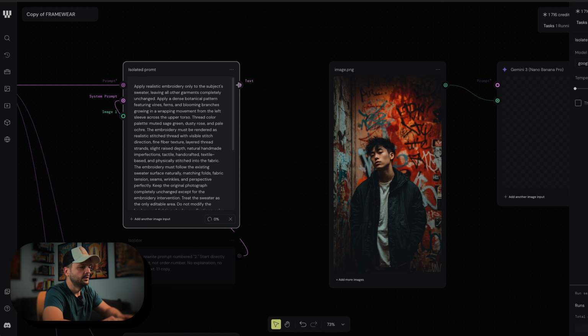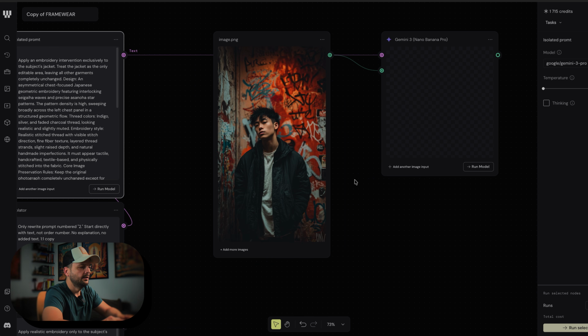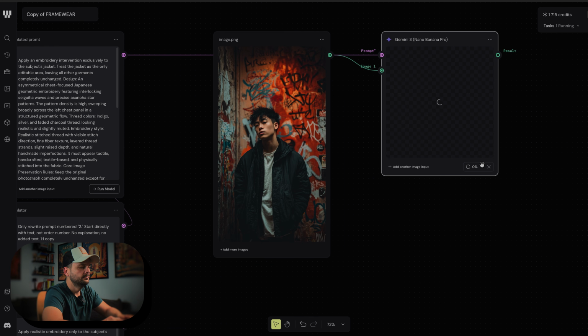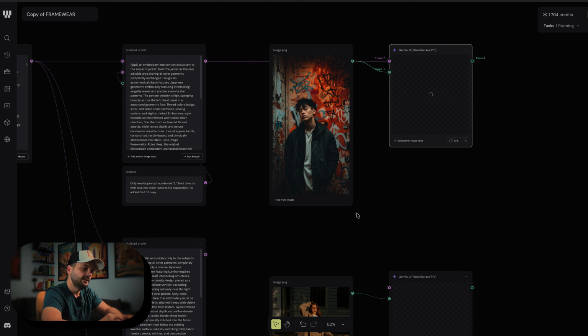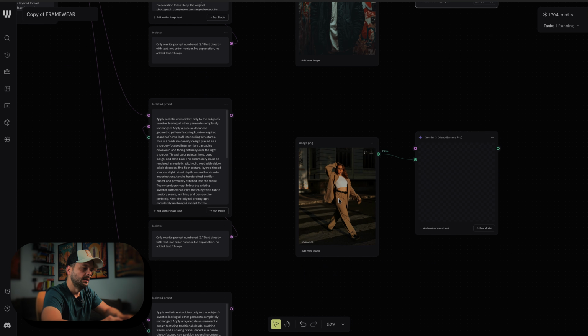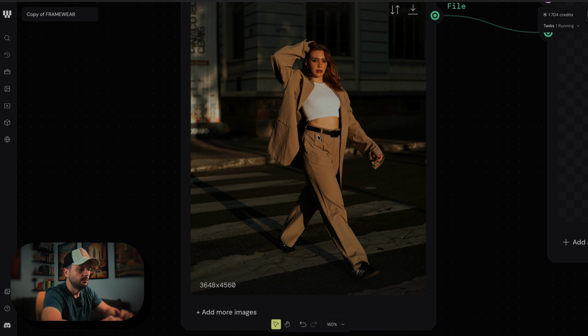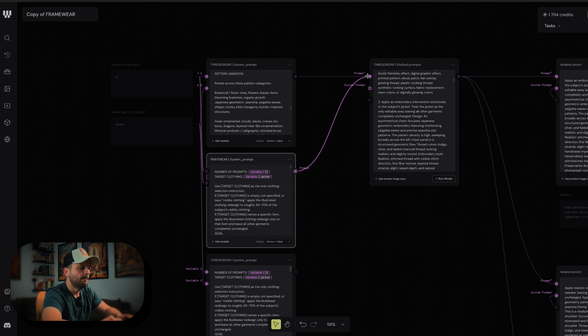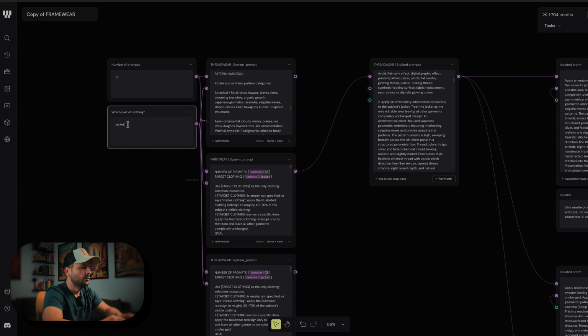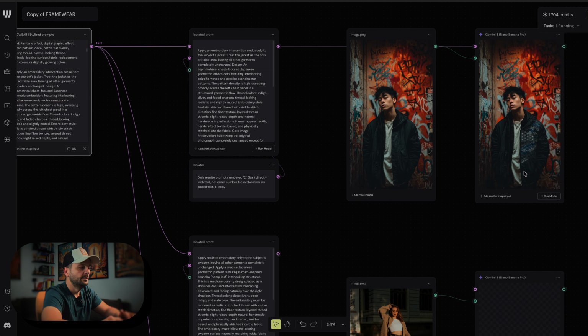Then I just need to connect these two. Prompt is done and I can hit run. Now we should hopefully be provided with an image where this guy is not changed, but his clothes are, only the jacket. And while we are waiting, let's take a look at the image below, where we might try to apply it only on her pants. Here we can try paintwear. It will be her pants. Let's hit run model, and here you can see